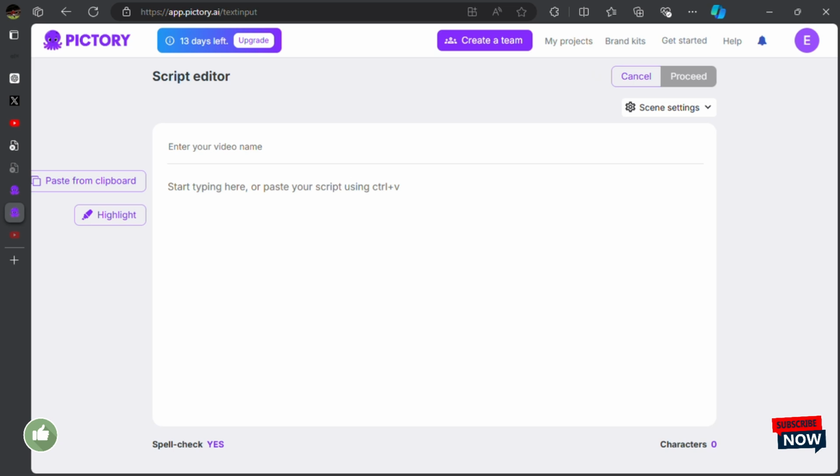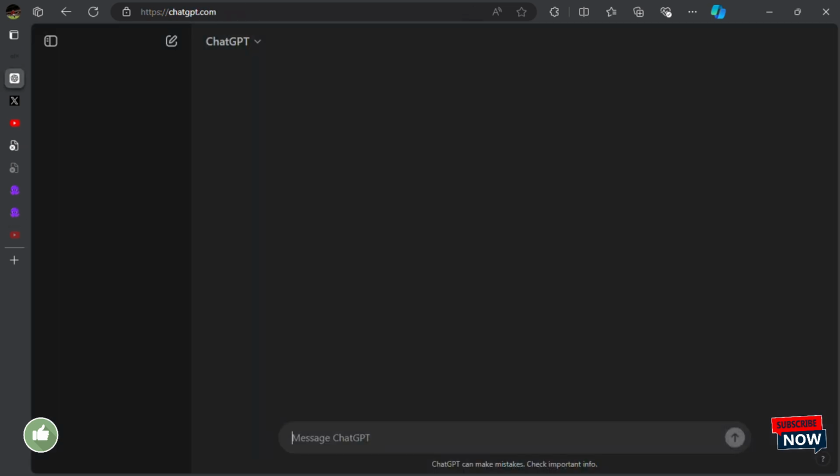This is the overlay. So I'm going to use ChatGPT to generate a script. I don't want to just save time, so I'll use ChatGPT to generate a very simple script. Compose a script based on the biblical story of Moses. So we are going to be working on that. I will use the script based on the story of Moses to check how the tool is going to work on that. So I suggest you check this tool, Pictory AI.